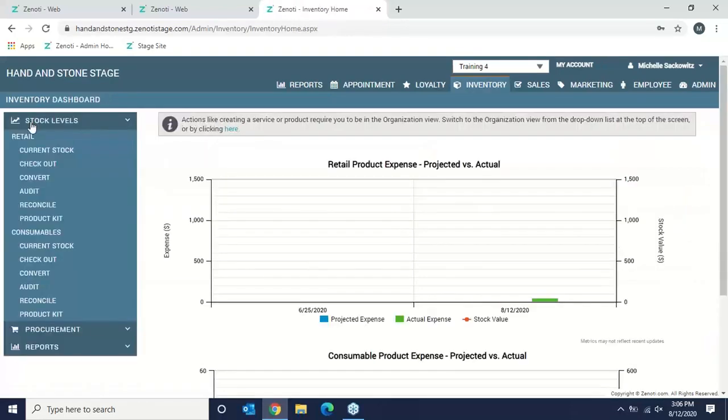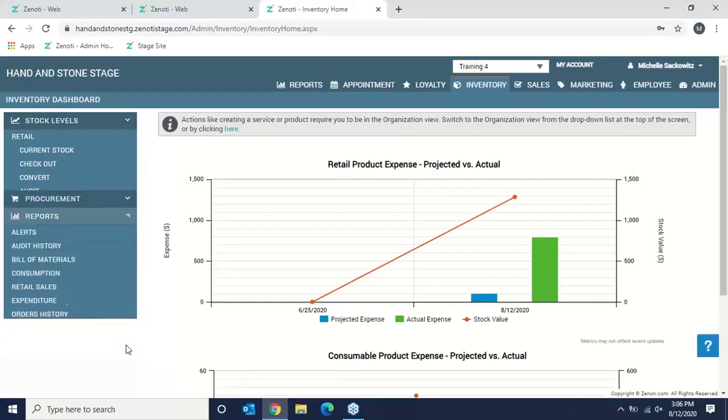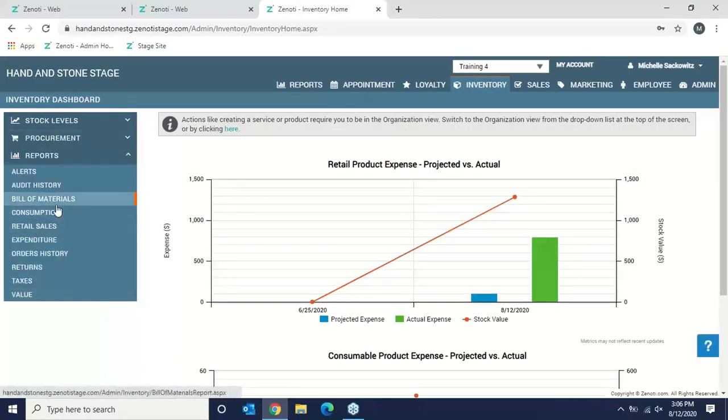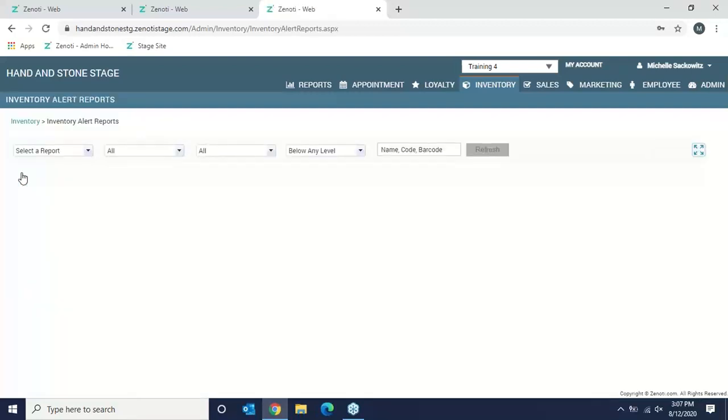I'm going to go back to that real quick so I can show you the rest of the drop down. I'm going to skip over these. You can look at your consumption, so what was used, what we checked out. You can look at your retail sales here, your order history, any product returns. I'm going to skip over taxes and value. And then we do have the alert option here. So if I click on the alert,